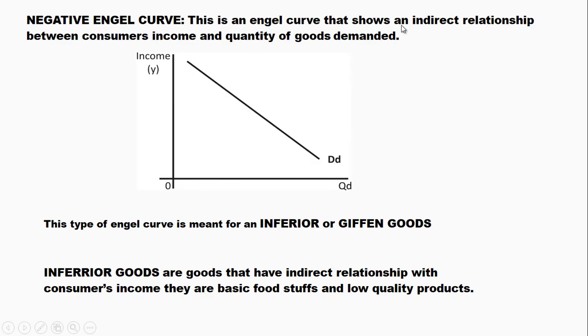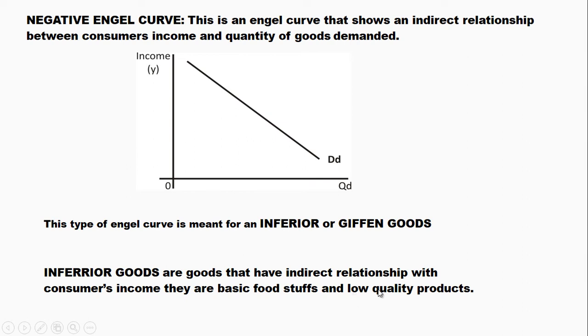Now, the negative Engel curve is the Engel curve that has an indirect relationship between consumers' income and quantity of goods demanded. As you can see on the graph, as income reduces, quantity of goods demanded increases, and vice versa. So a negative Engel curve is meant for inferior or Giffen goods. An inferior good is any commodity that has an indirect relationship with consumers' income. An example is basic foodstuff